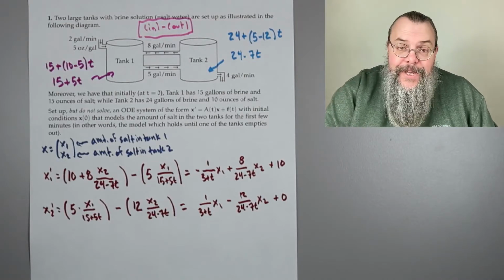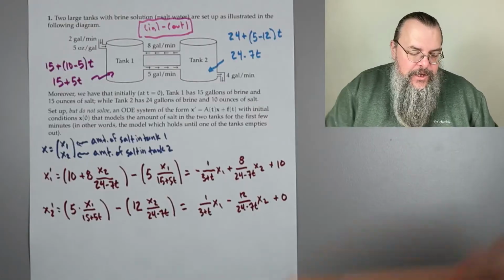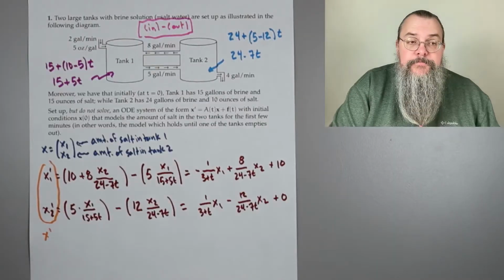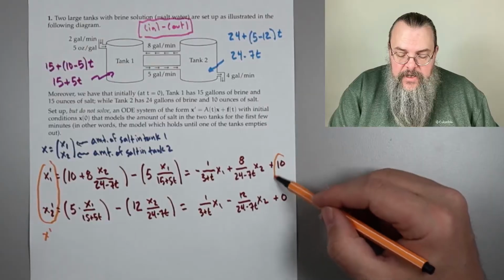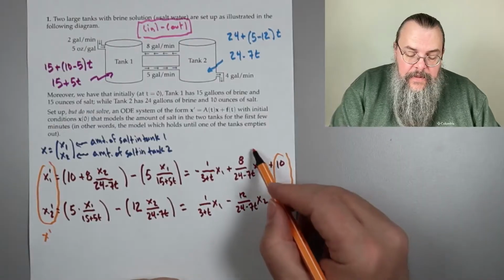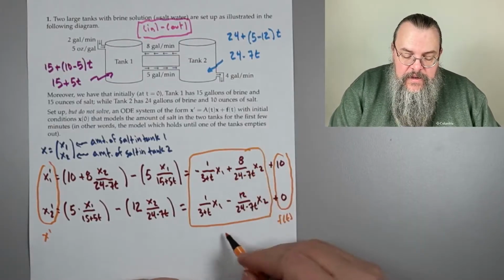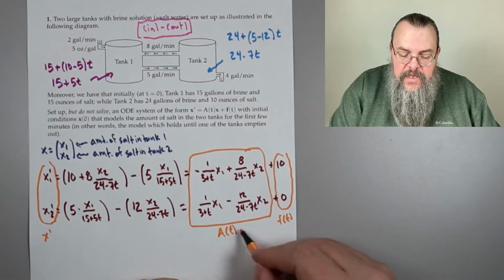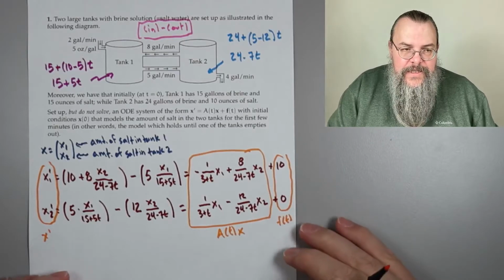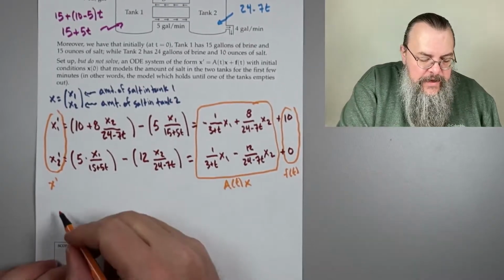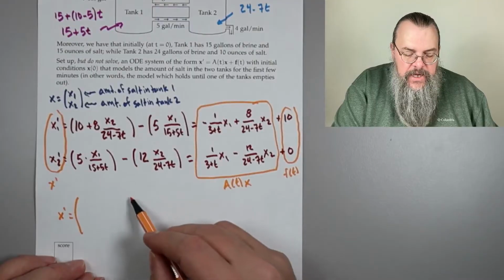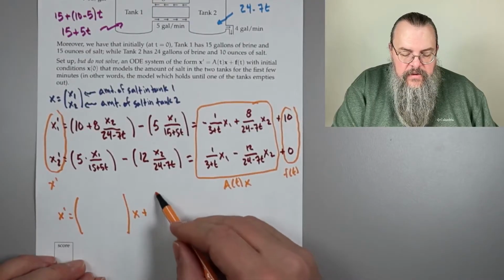Now we're ready. We say, okay, we can think of this part over here. This is acting as our x prime. And then this part here, what's this? This is our f of t. And that part here, this is going to be our a of t x. So we just now have to sort of push everything in the right way. So let's see what's going on. So we can say, all right, x prime equals, and now we're going to have a matrix x plus 10,